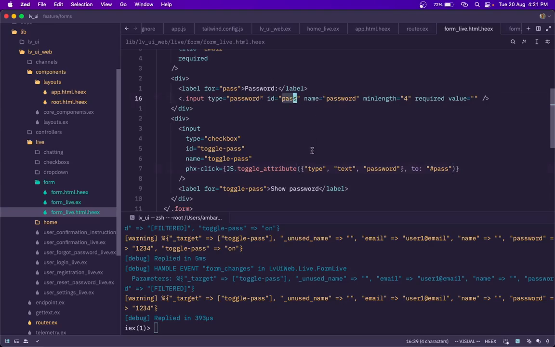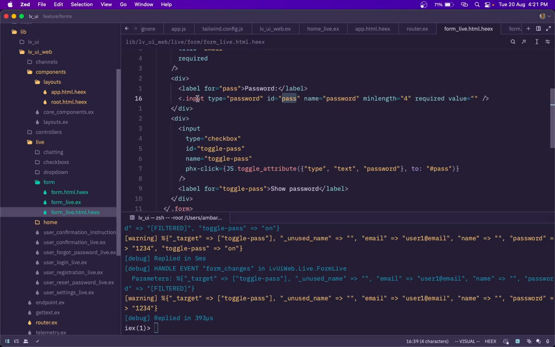Actually, this is a JavaScript function, because LiveView gives us these JS functions, so we don't have to go to the DOM and do some JavaScript manipulation just to toggle the